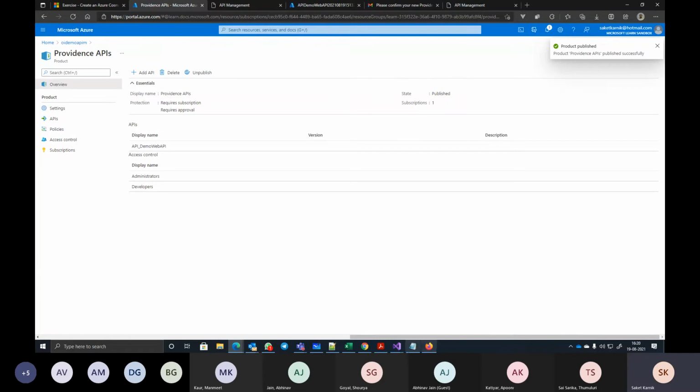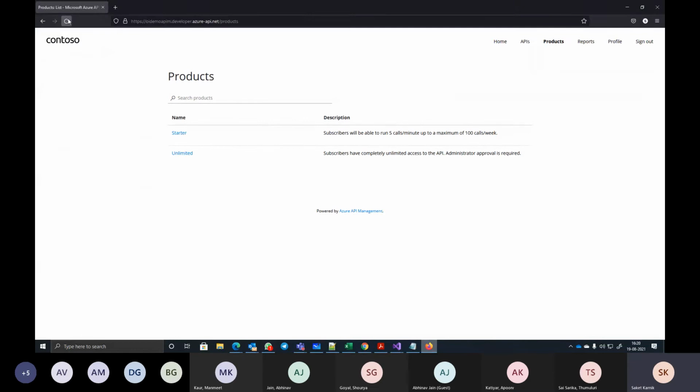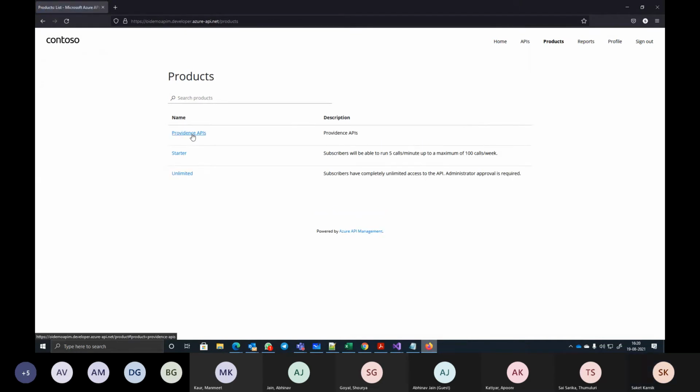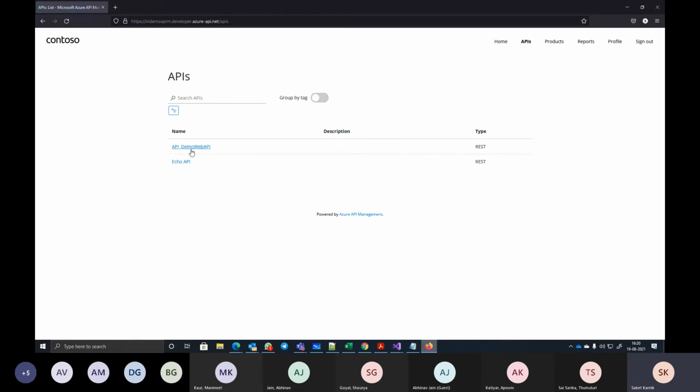It says state is published now. And then I go back to Firefox and do a refresh here. I'm already logged in. Let's see. Providence APIs are there. Under APIs also I should see API demo web API. After signing in. If I sign out right now, only Echo API will be visible.